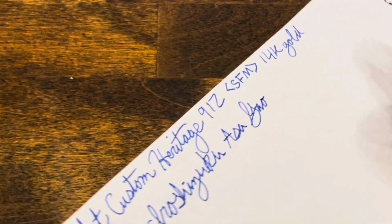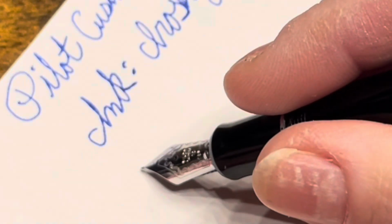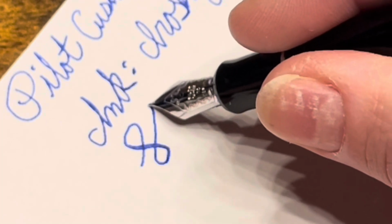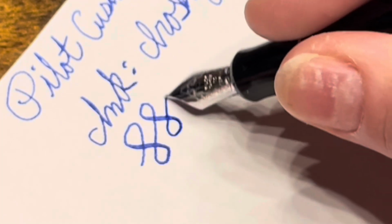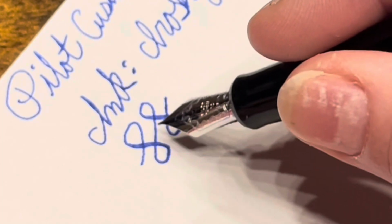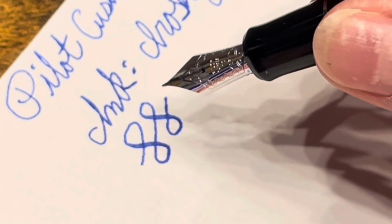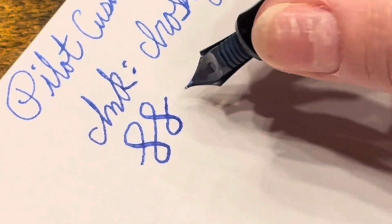For flex, I'm going to turn the page. You can push out a bit of line variation. I wouldn't call this a flex nib, but it pushes out just enough that it gives you some nice character to your writing. And for reverse writing,